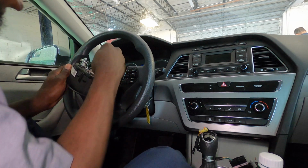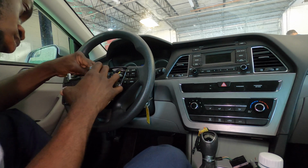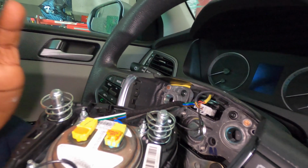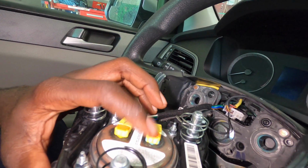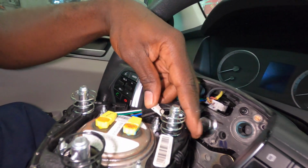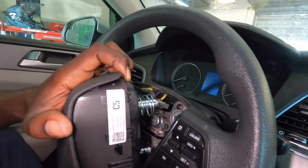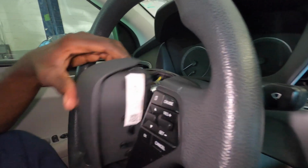So once it goes in, you just lock it in to make sure it's secure in there. Once it goes in like that, you want to make sure you push this down all the way, because sometimes if you don't push this down all the way, the airbag won't work, and you may still have your light on. This switch is for your horn. And before you put that back, double check one more time, make sure everything is good. And after you double check,